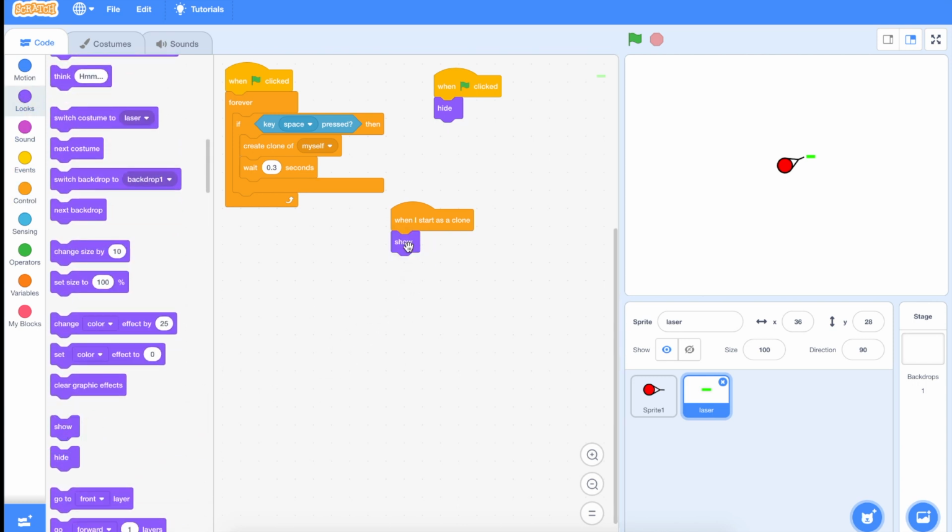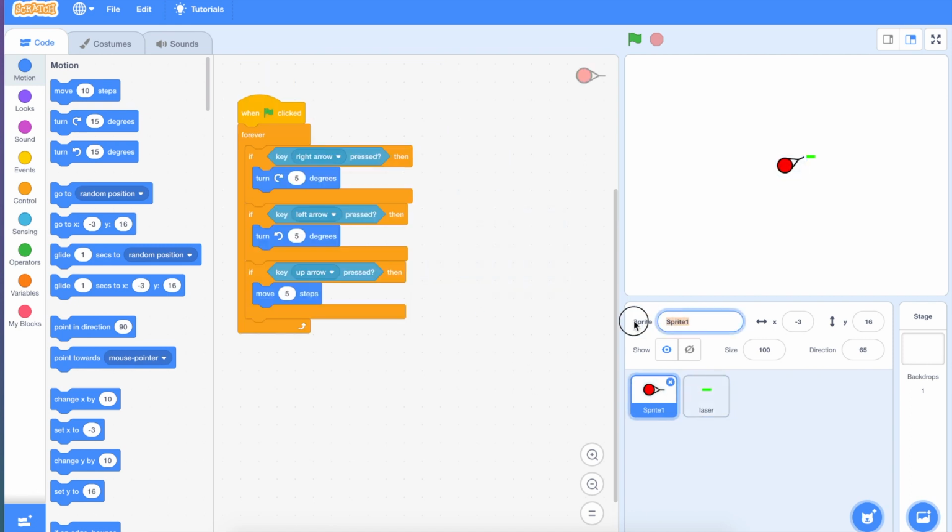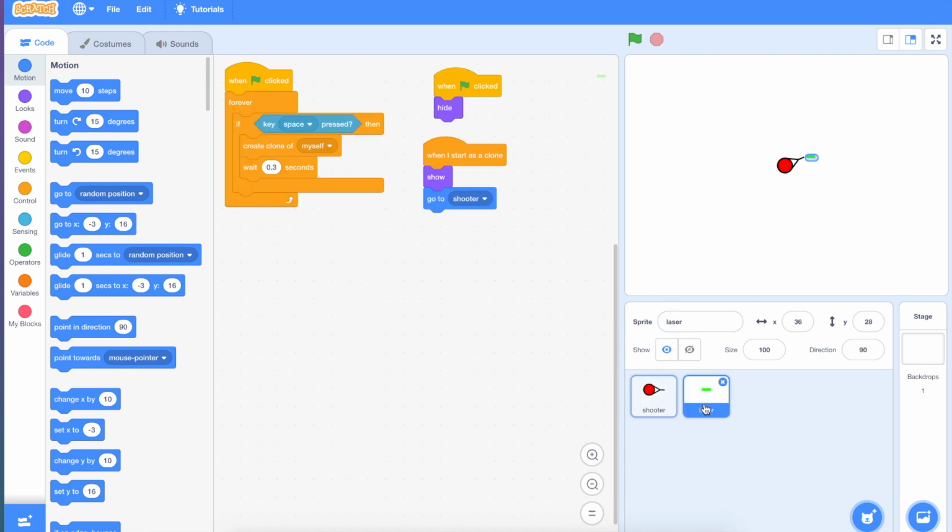And what do we want to do? So when the green flag is clicked, hide, but when I start as a clone, show, go to the shooter. I'll have to put sprite 1 because I haven't named sprite 1 yet as the shooter. There we go. So that should have changed it. Did you say automatically there? You don't have to do anything. So when I start as a clone, show, go to the shooter and point